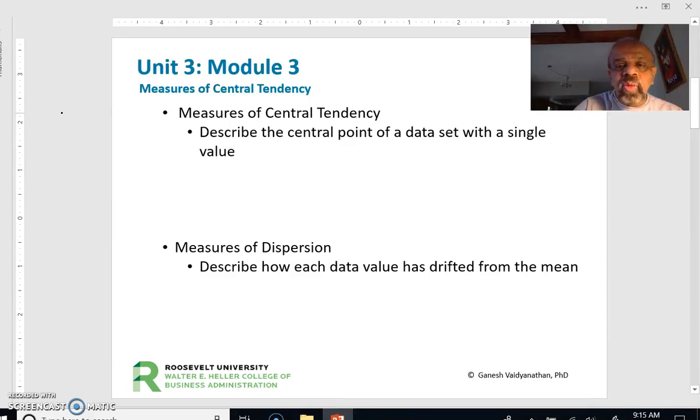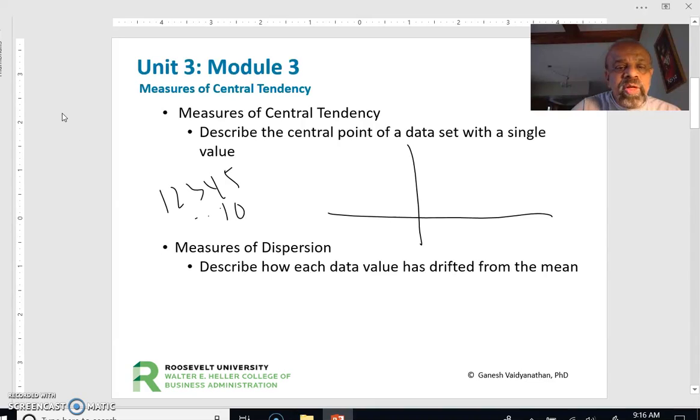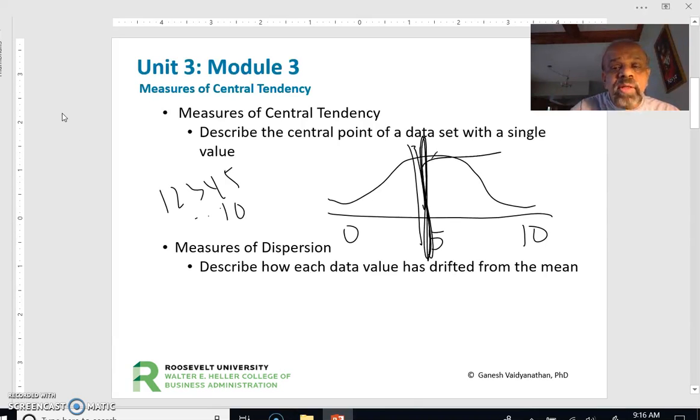So the first thing I can do is, I have data 1, 2, 3, 4, 5, all the way till 10, right? I can make this 1 to 10 into a graph. What is the midpoint of this? The midpoint, let's say, is 5. I'm going to go from 0 to 5, and then 5 to 10. And I'm going to say this is my midpoint,